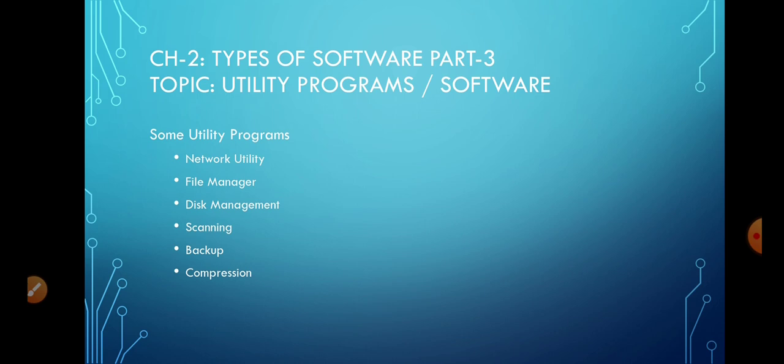Today we will learn up till this point only. Backup and compression, I will discuss in my next class. I would want you to go through the chapter from page number 18 to 19 and underline all the difficult words which you need to understand or which you have problem in getting used to. You may ask for clarification in my online class.